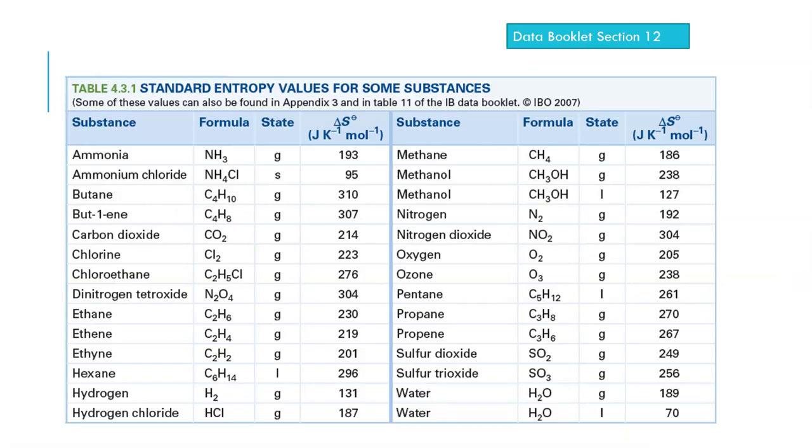Okay, so this is an older table. You can see here that the entropy is given in joules per Kelvin per mole. This is our standard entropy. And here we can see that ammonia as a gas is 193. Be sure to check your states, because remember, these are standard states, what state they would be in at 298 Kelvin. If it is in a state different to this, then the value would be different.